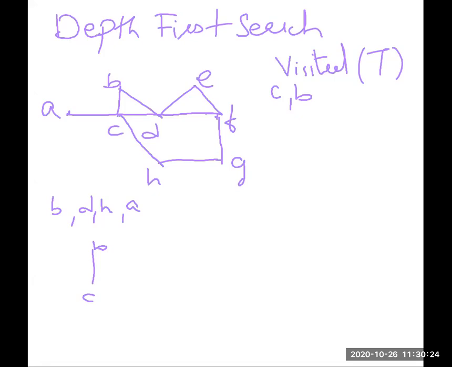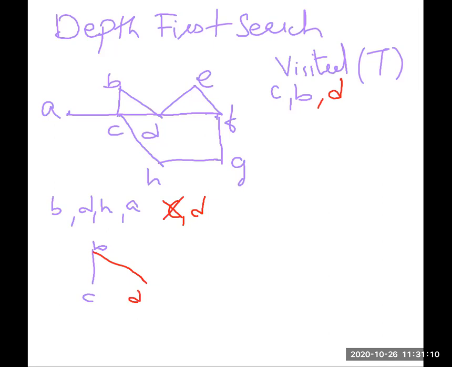So B's adjacent vertices are D and C. B is connected to C, B is connected to D. For each vertex which is adjacent to B but not in T: C is already in T, so discard C. D is there, so mark D to be visited, and add edge D to B into the tree.